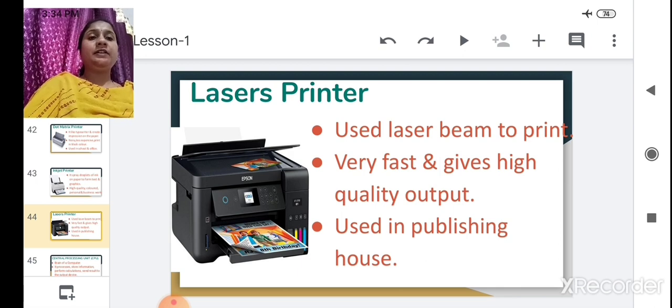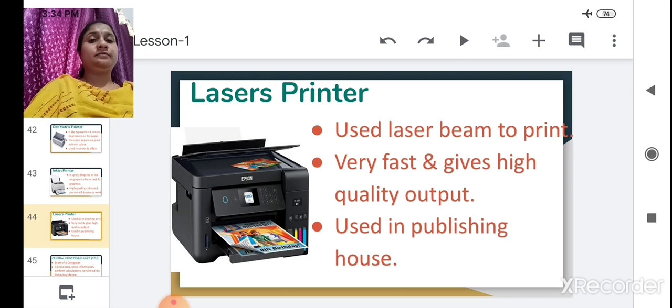The laser printer uses toner for printing. It is very fast compared to dot matrix as well as inkjet printers, and it gives high quality output. Its printing speed is also higher. Got it? That is the difference between these three printers.